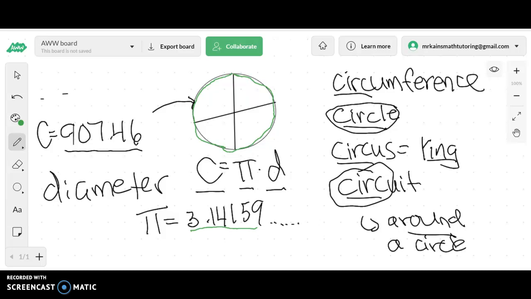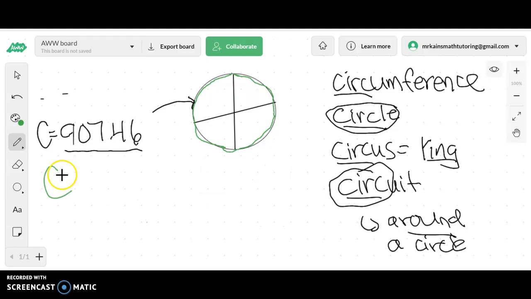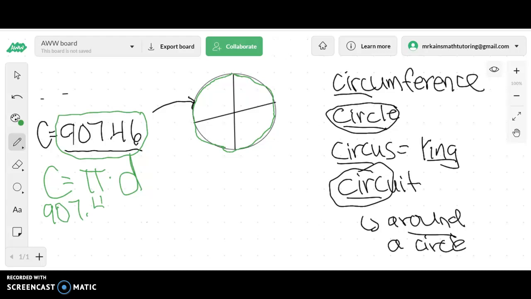So to calculate a circumference, we can take pi and multiply it times whatever the diameter is. Okay? Now, with that being said, let me clean this up a little bit. So if the circumference equals pi times diameter, then if we're given the circumference, let's plug this into our formula. We could say circumference is